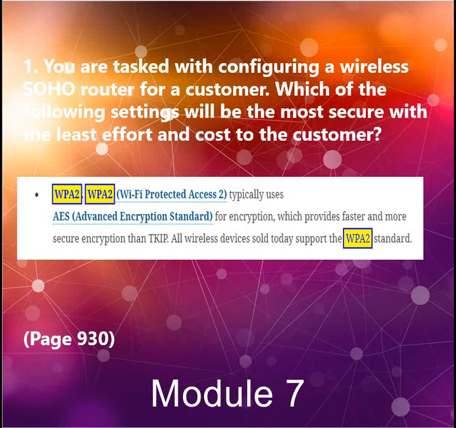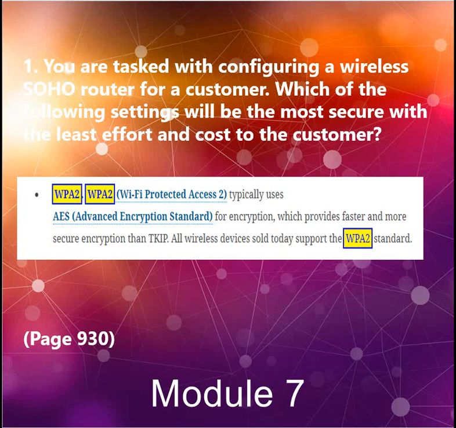So the first thing to remember is that AES is more secure than TKIP. All right, so you can eliminate the first two possible answers: WPA-PSK TKIP, WPA2-PSK TKIP. All right, because AES is better. Now the enterprise one, that's more expensive. That's not going to be cost effective, right? Because you're going to pay enterprise prices that can cover a whole enterprise as opposed to just one customer. So the correct answer would be